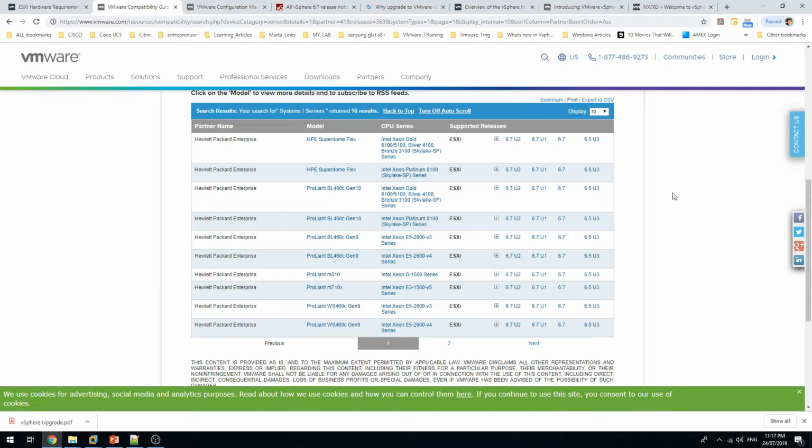So if it is there, then definitely it's good news for you, and then you can go ahead and get the ESXi image from HP. It's always good to have a vendor ESXi image because that contains all the specific drivers for that hardware model. So you can always go to the HP website and download that specific image for your